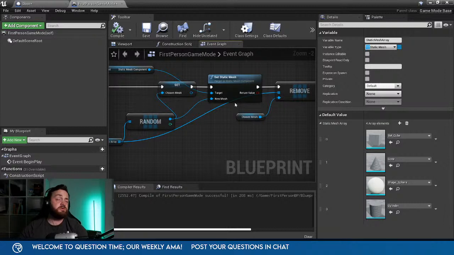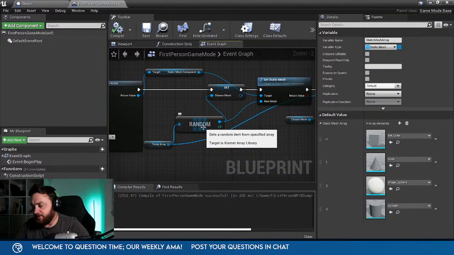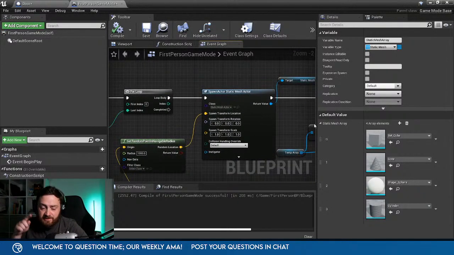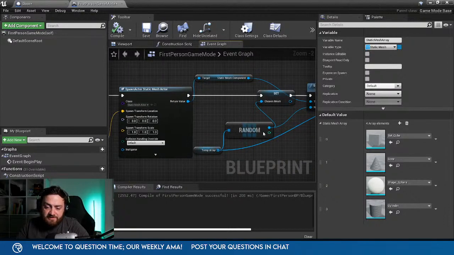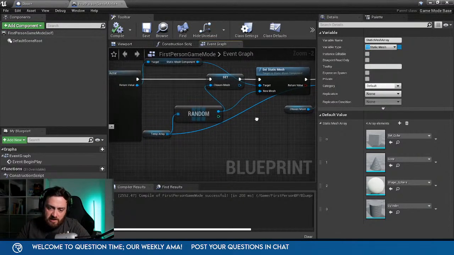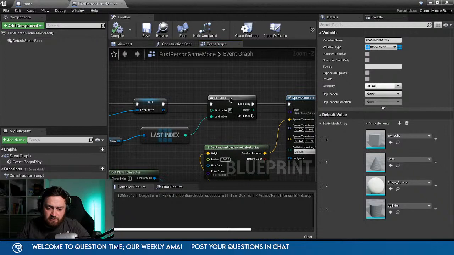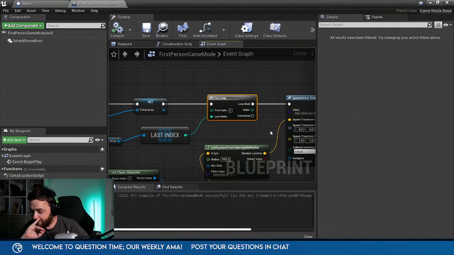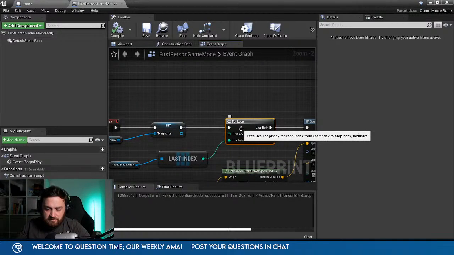You probably want to do a timer event. Yeah, no, that won't work. And the reason why it won't work is because the way for loops work, they happen within 1 tick. It does all of this in 1 tick, and the removal of this doesn't actually resolve itself until the thing's finished. So you'll need to do a timer, not a loop like this. So yeah, do a timer.